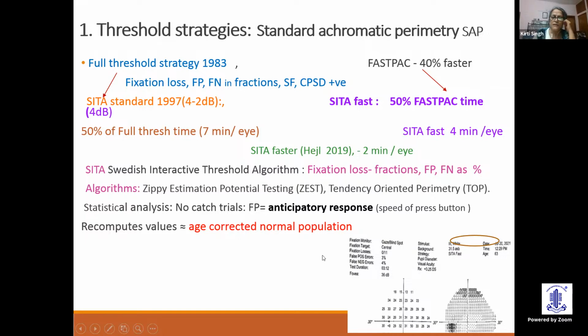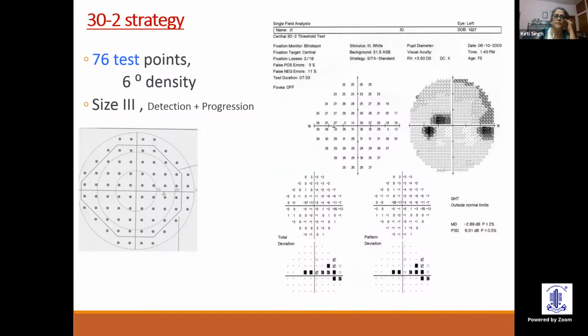Now, age is a very important criterion, and SITA will compute the value depending on the age-corrected normal population. So let's come one by one to this. 30-2 printout: 76 points, density is 6 degrees. Default size is stimulus 3, okay? And this is, as I said, SITA standard is a common strategy, okay? The other one is the